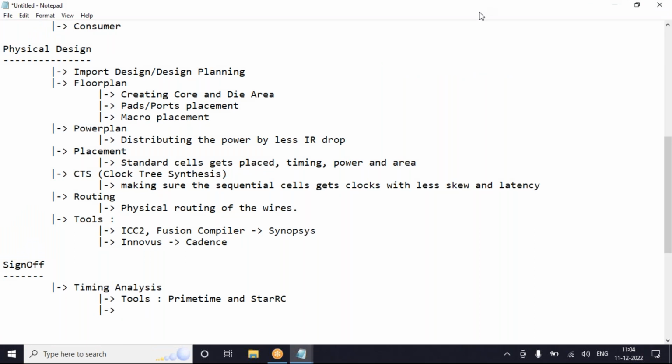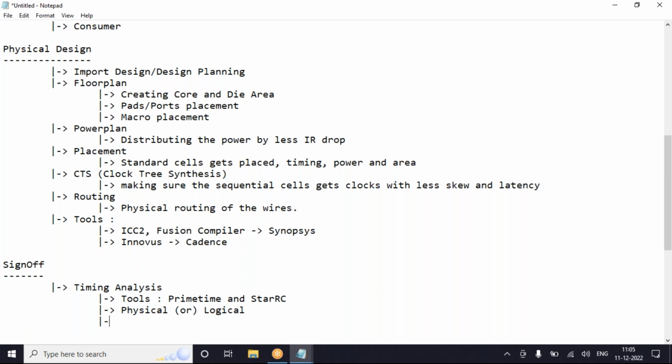Again coming back to STA, the tools. Now coming back to our STA perspective, tools, PrimeTime and ASIC, where you can observe the schematic, you cannot observe the design layout view. Based on the inputs provided, it can be either a physical or a logical entity, based on the inputs which we provide to the tool.